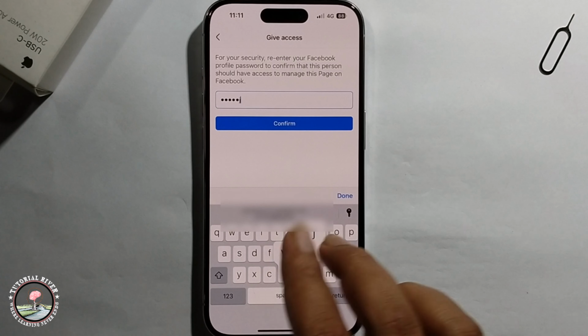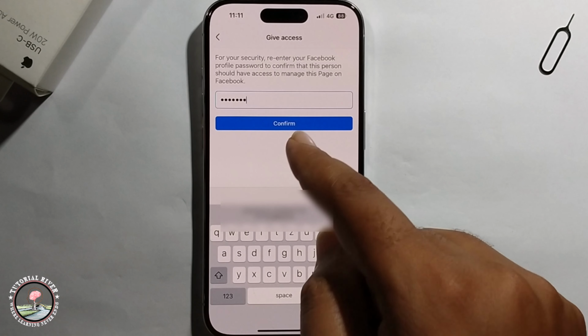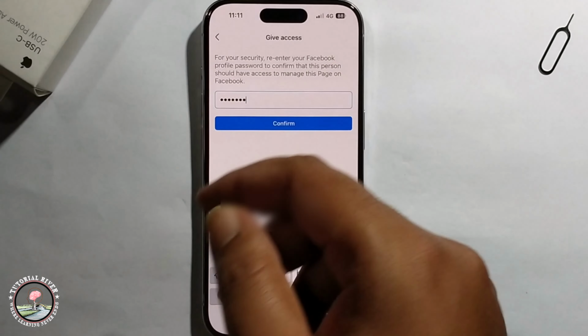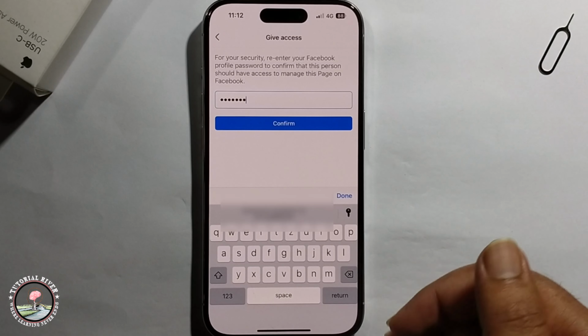and enter your profile password, and finally click on Confirm. This person will get an invitation, just confirm this, then you have successfully added